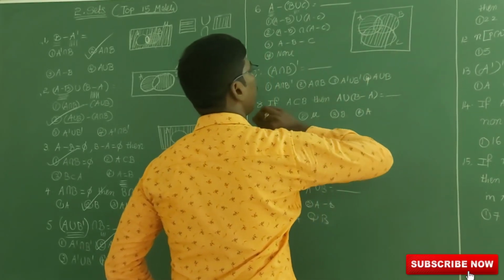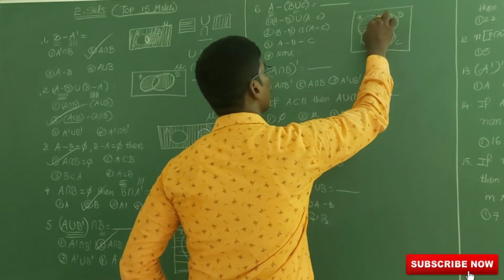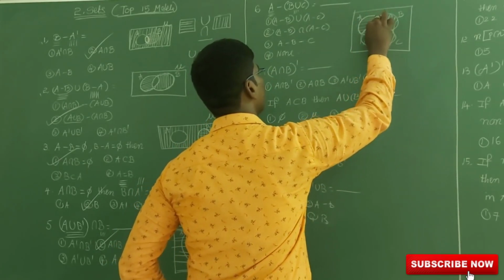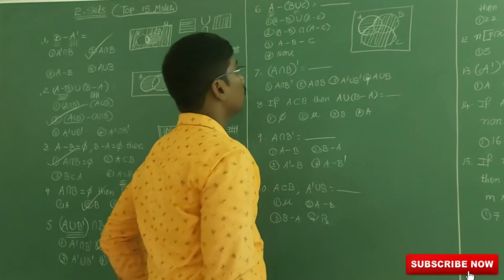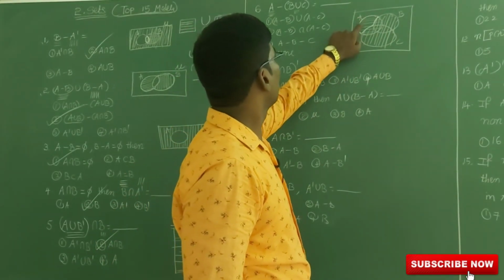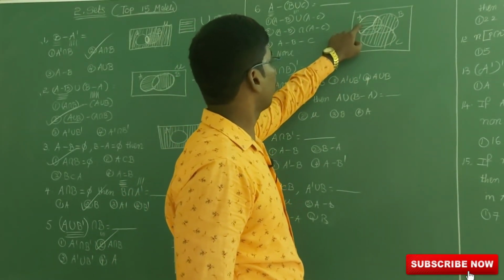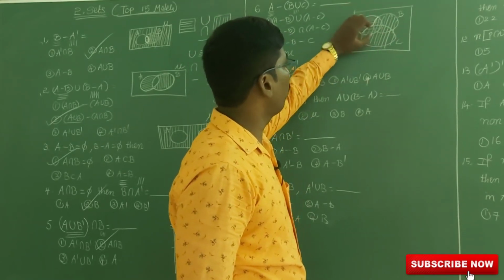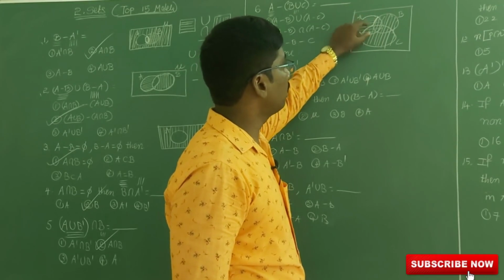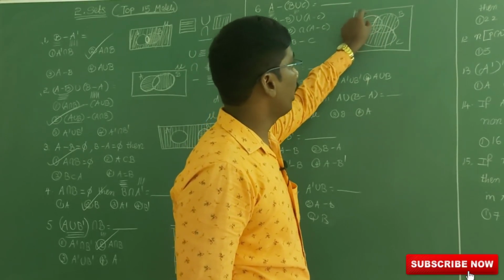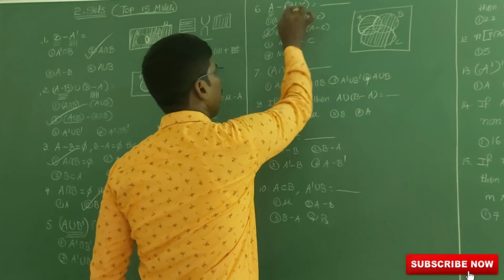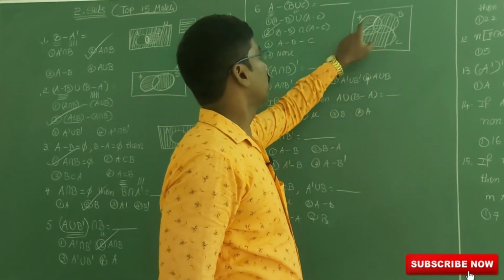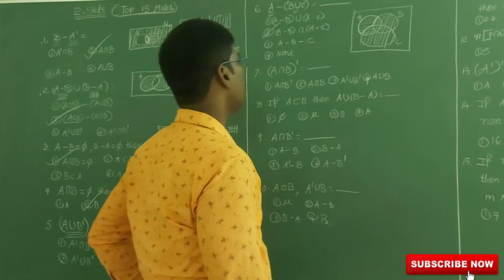Okay. Now minus. Minus means what? This one. Only horizontal lines. I already explained, minus means only horizontal line. So this is our answer. So what you have to take? A minus B and A minus C. So that is the part, means in the intersection we have to take. So A minus B intersection A minus C. So that is the answer, A minus B intersection A minus C.